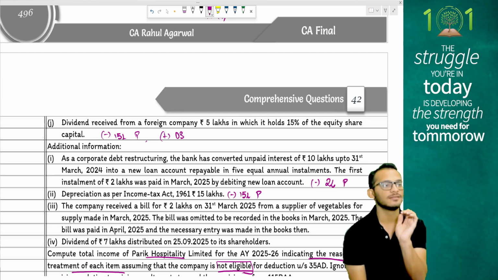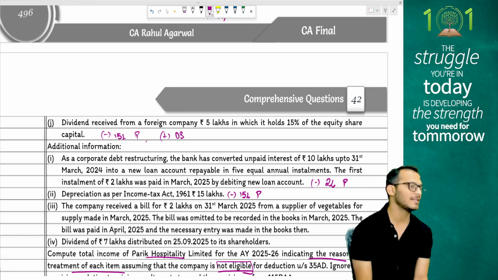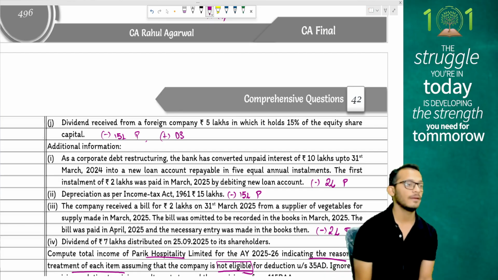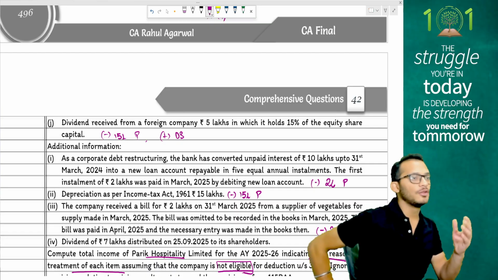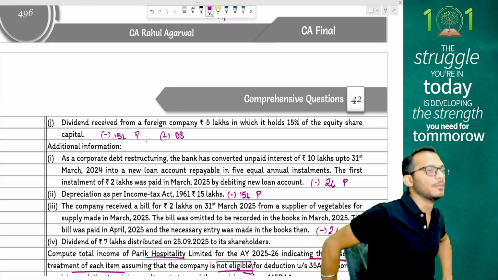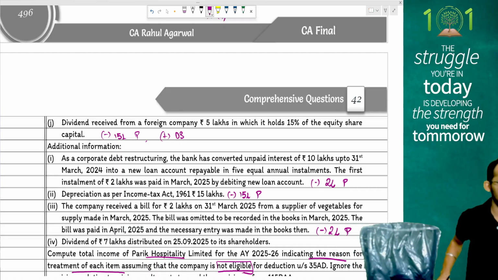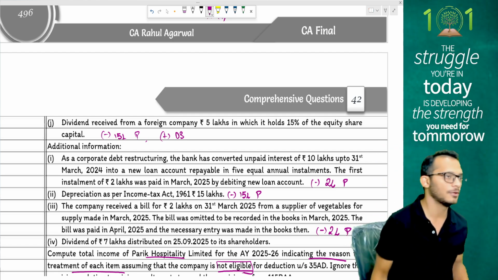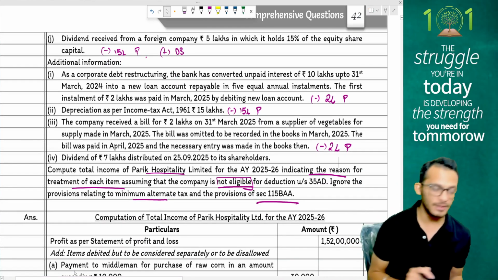Now, in all practical sense, you cannot claim it. But because ICA is giving you this question, it means ICA wants you to. Therefore, minus 2 lakhs in PGBP. Ideally, you can claim it next year, big deal. But ICA would say this is ICDS 10. You know that there is an expense which was omitted to be recorded. Why don't you claim it as an expense? No income tax officer is going to allow this to you, but nevertheless, might as well give it. So from an ICA perspective, you will claim it as a deduction, because it is not there in my P&L. That's all. Compute the total income is what the question asks for.